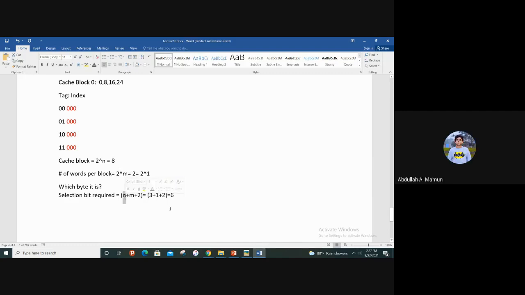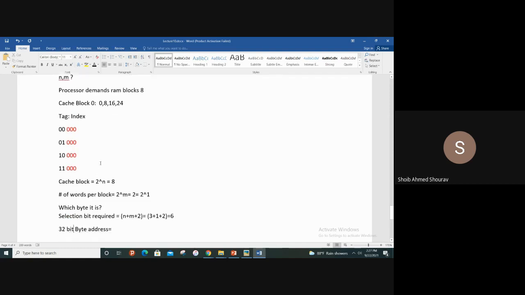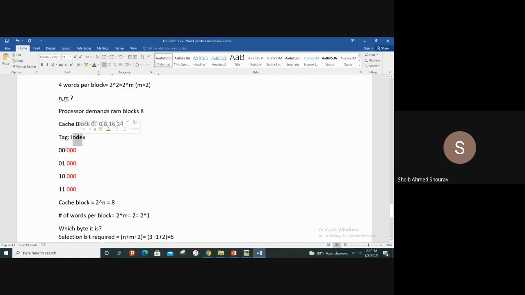And I have said it is a 32-bit byte address. Remember one more thing: 32-bit byte address. So in here, to find out the index and tag, what we have used,